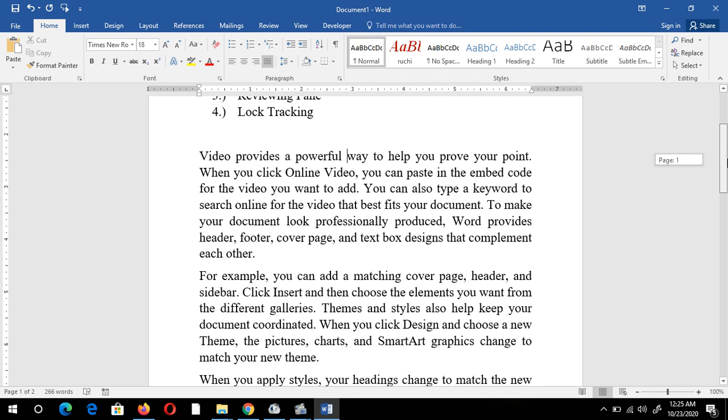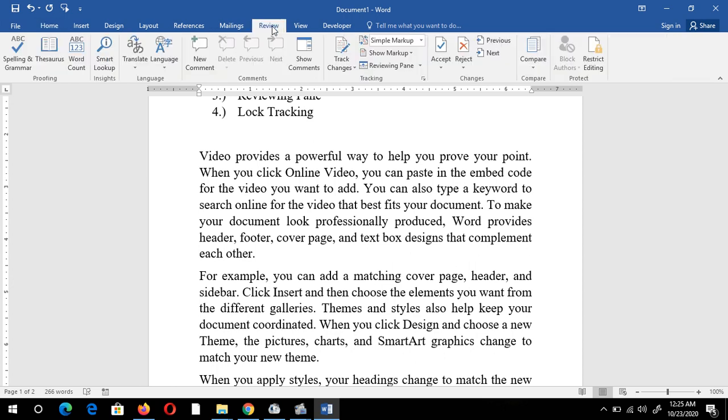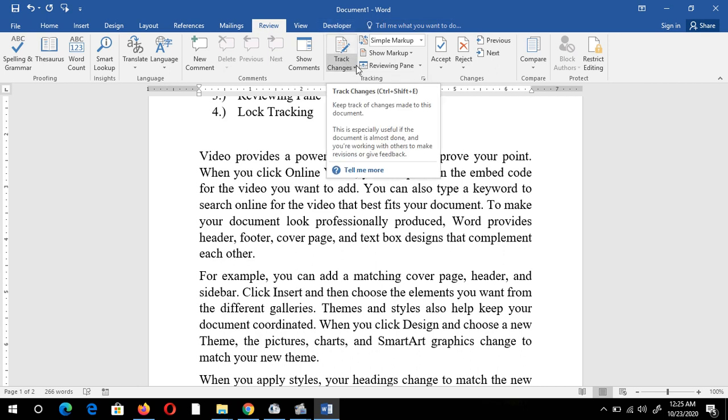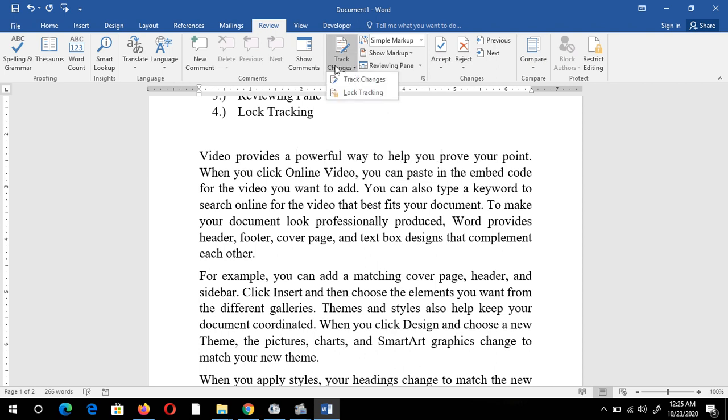First of all, I have to turn on the tracking function. Firstly, I have to click on this Review tab. In this Review tab, you can see the Tracking group, and in this group we have to click on the Track Changes option. It will give me two further options.